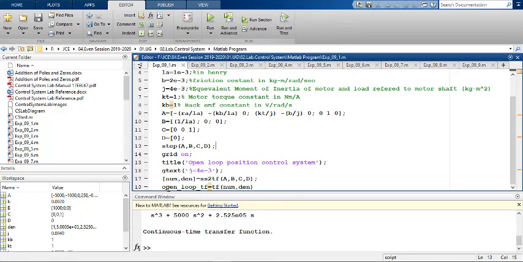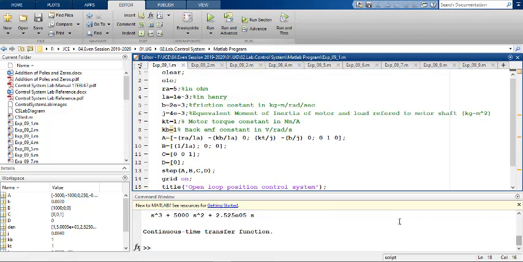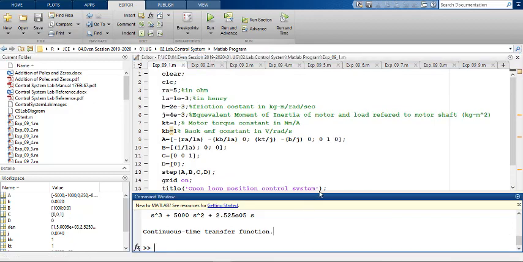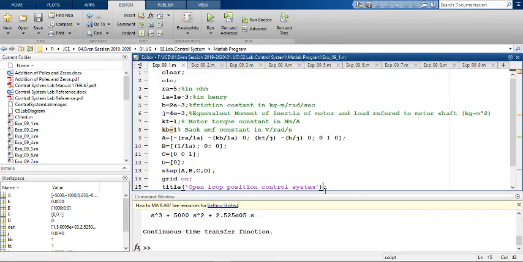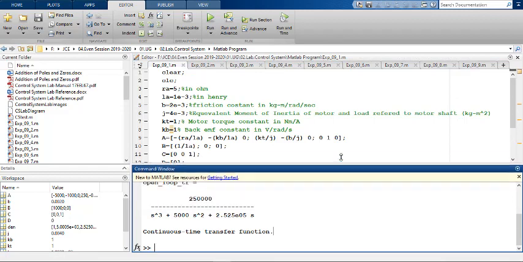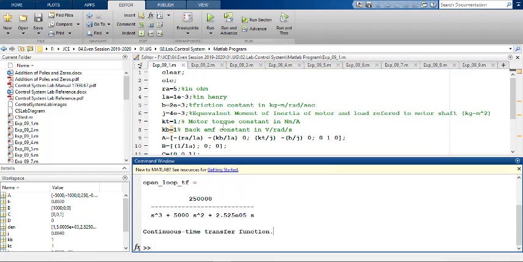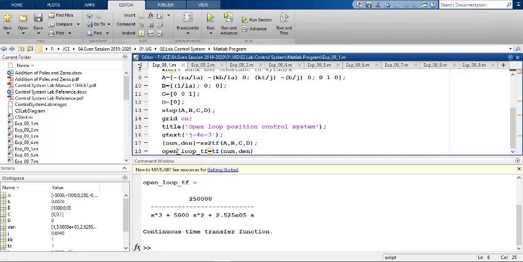Okay, and after that, from the last line, you can see open loop transfer function is transfer function of num comma den. So from the command window, you can see that the transfer function is being written. The open loop transfer function equal to the transfer function formed by num and den.